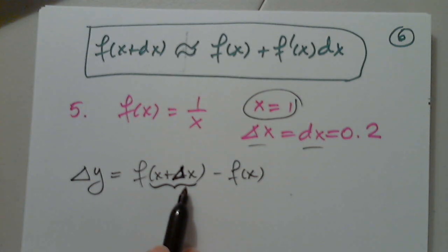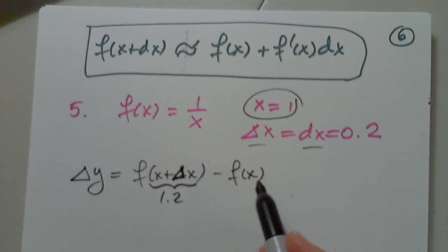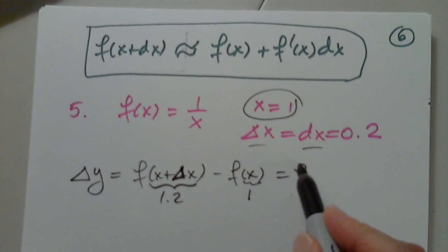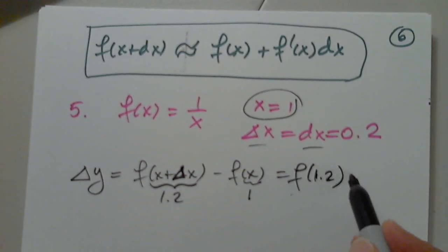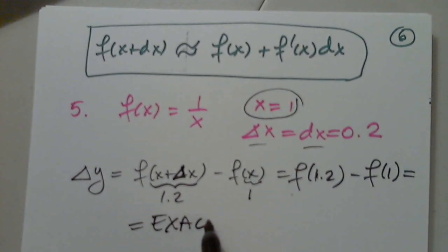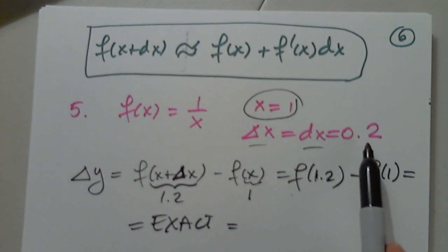How much? 1.2. Of course, 1.2. And f of x, so this is 1. So all I have to do is determine f of 1.2 minus f of 1. And this will be the exact change or error in the function when there is a tiny error of 0.2